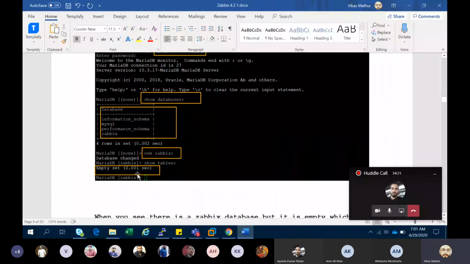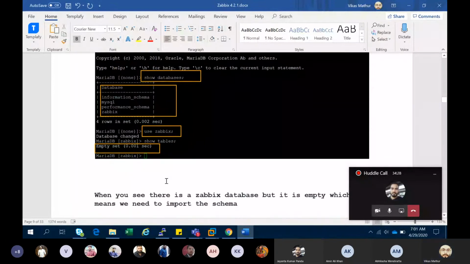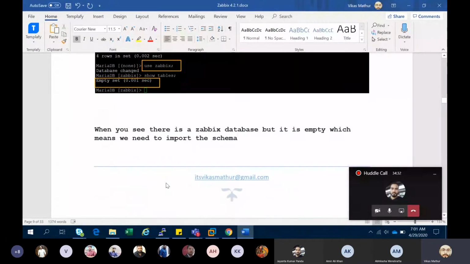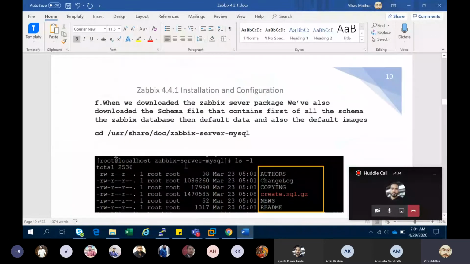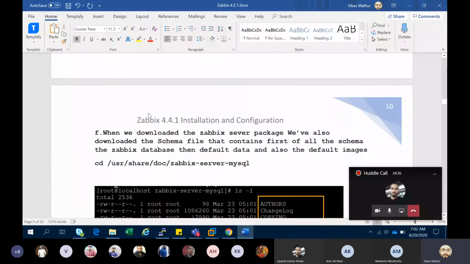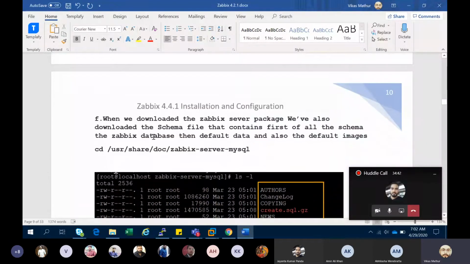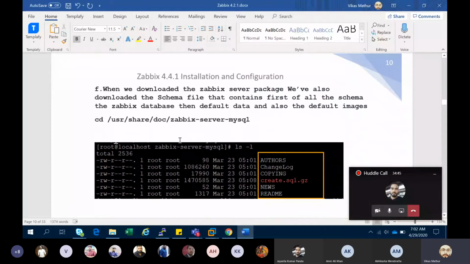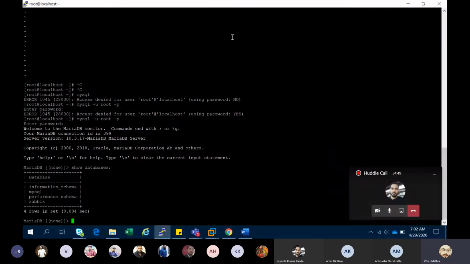Right now our Javix database is in an empty state, and we want that schema. So how do we do that? After executing the first command I told you a few minutes before, when we go to this particular path, you see here, over here.